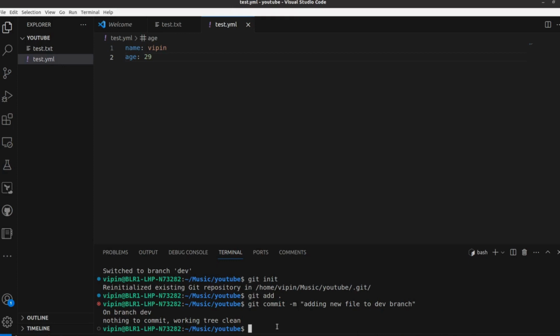Then after that we use git push -u origin dev.